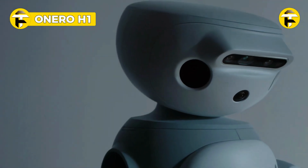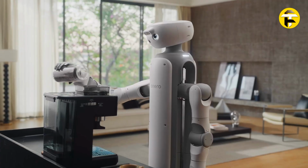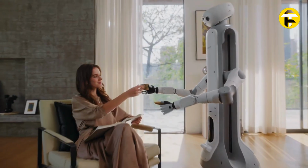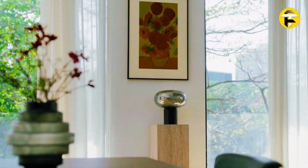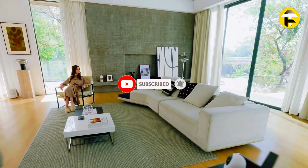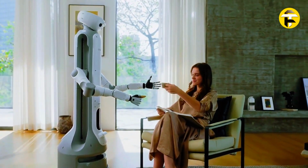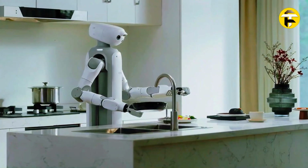Onero H1 from SwitchBot is a versatile AI-powered household robot that pushes beyond single-purpose gadgets into a general-purpose home assistant built to handle a wide range of everyday tasks with embodied intelligence and adaptive perception. Rather than being restricted to one job, it is designed to learn and respond to diverse domestic scenarios with real-time visual, depth, and tactile feedback that helps it understand object position, shape, and interaction states, a capability that many simpler